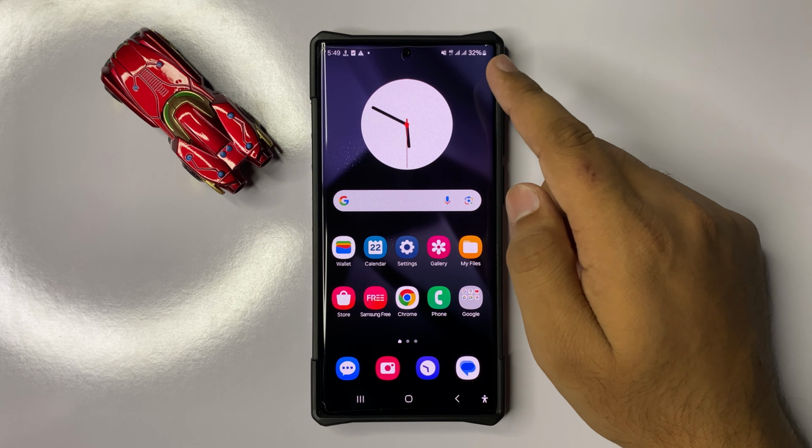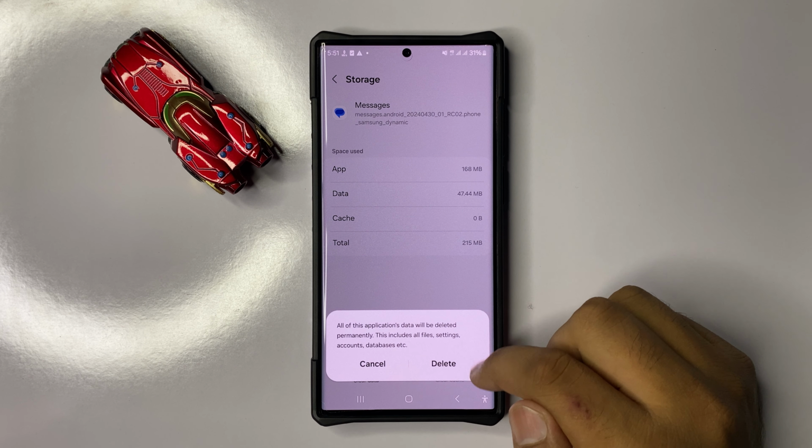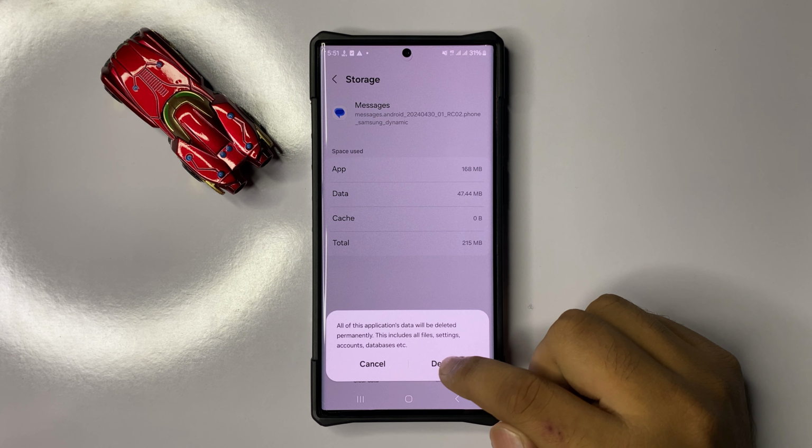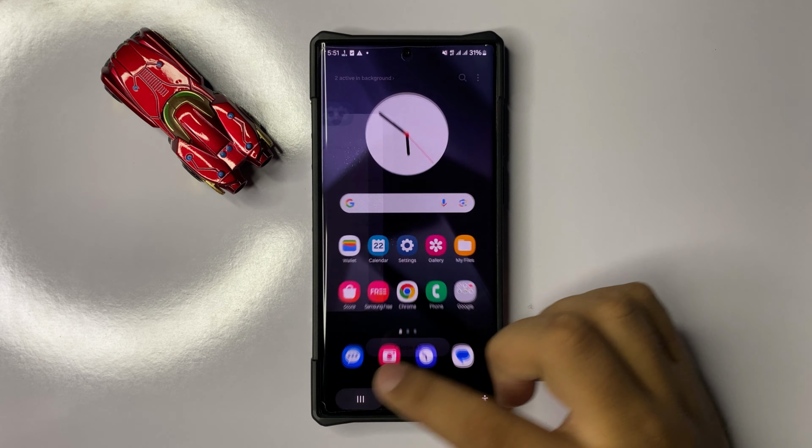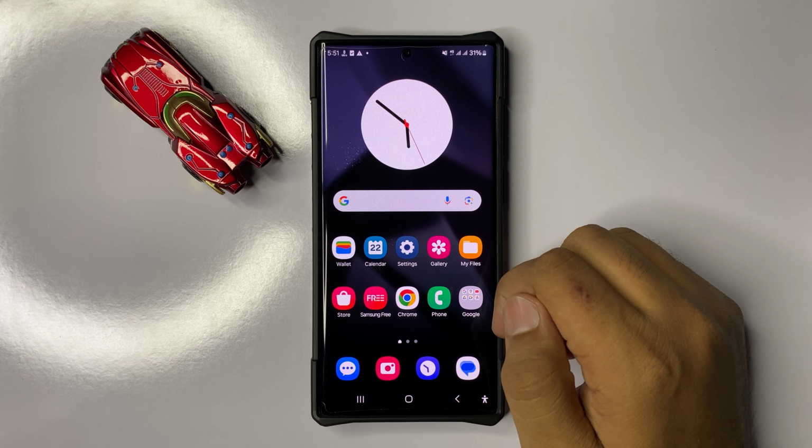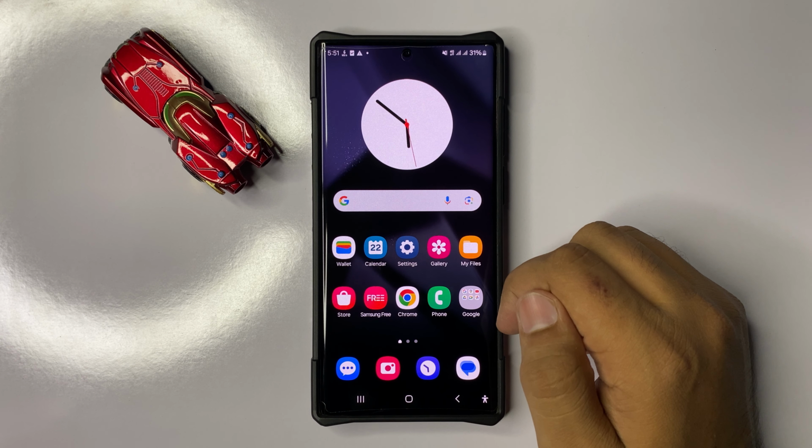Now to clear the app data and cache memory of the messages app, tap on clear cache and then it will clear the cache memory of messages. Now if you want to clear the app data, then tap on clear data and from the pop-up again tap on delete to confirm. So after doing this, the MMS messages issue will be